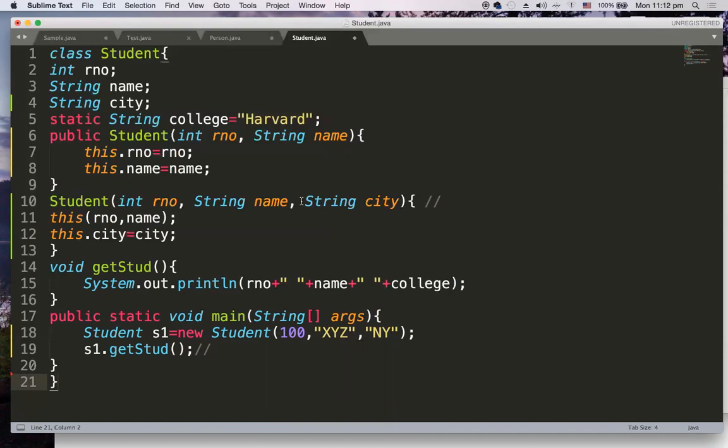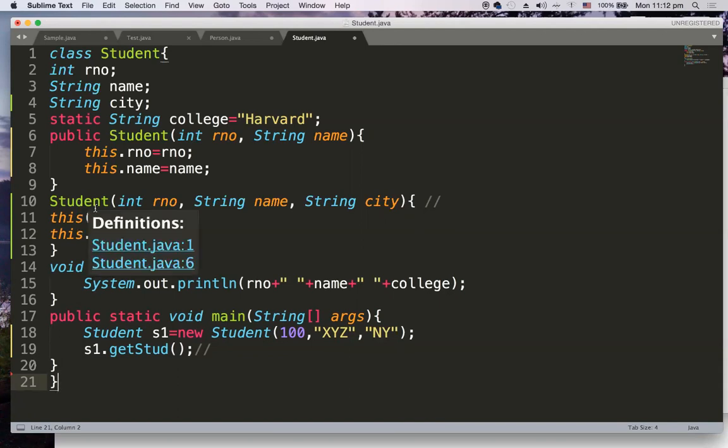In the second constructor, these actual parameters get assigned to the formal parameters, and the roll number and name, 100 and XYZ, will be given here, and we have a this statement, which will invoke the constructor where 2 parameters are there, and these two values will get constructed, and city will get constructed in this particular constructor.